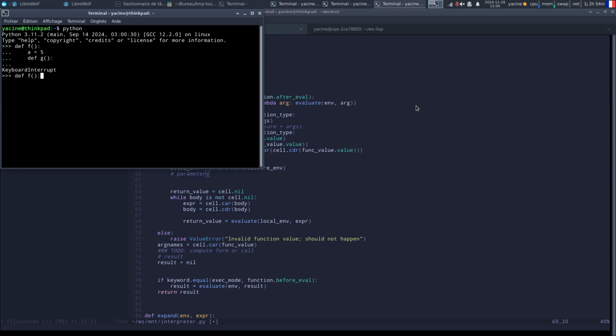No. If I define a function with a parameter, okay, so if I define a function with a closure and I return this function,